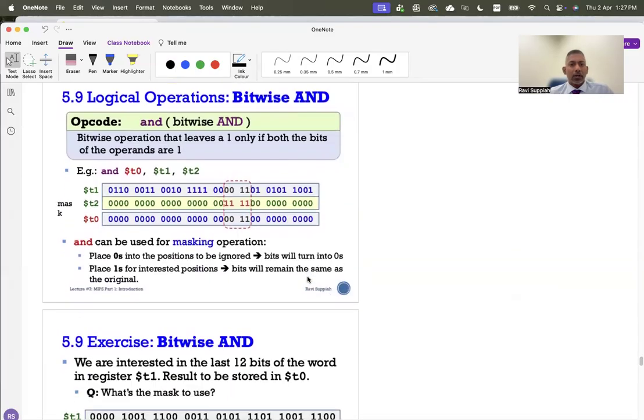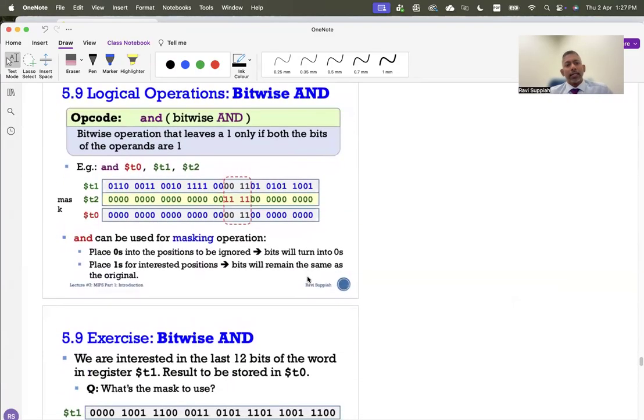Now, AND operations and OR operations. As we saw just now, AND and OR have their own bitwise operations. So when I apply it to a register, I am applying it to all 32 bits of the register. If I want to, for example, only keep certain bits in a register, again, this is a 32-bit example, let me give you a very simple 8-bit number. So if I say this is T1 and the 8-bit value is